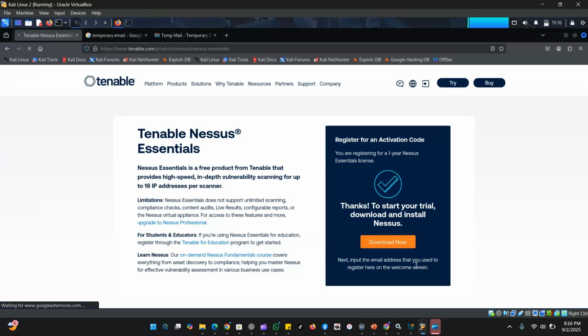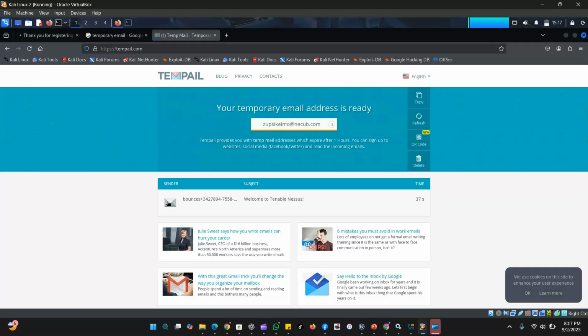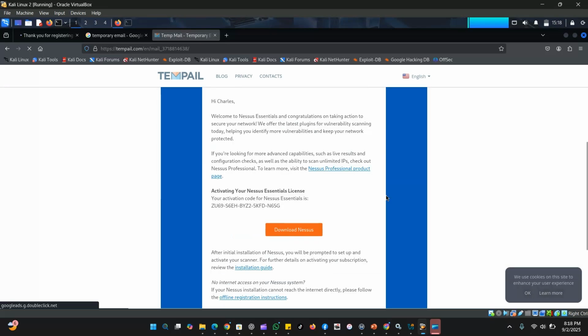Now the result says thanks. It means that we have successfully registered. Go over to your temporary email. This shows that we have an email in our temporary email. Click to open. This is our email coming from Tenable containing our activation code. What we are going to do with this email is to copy out our activation code. So copy this activation code,